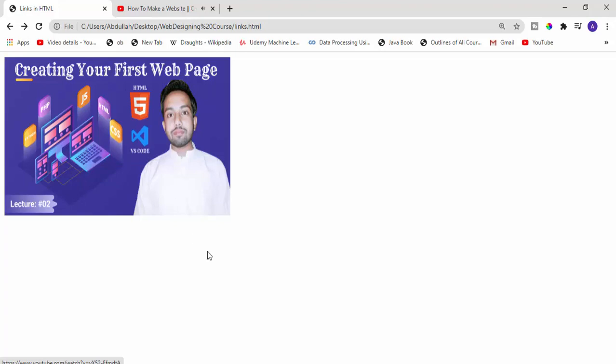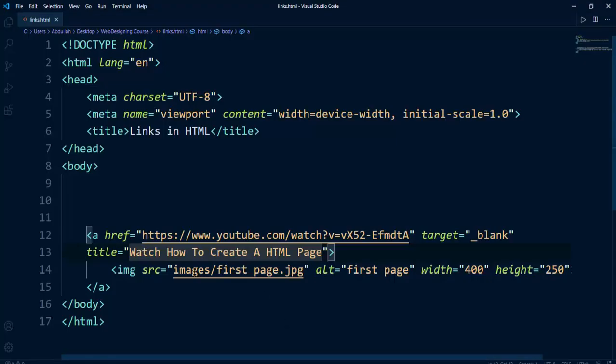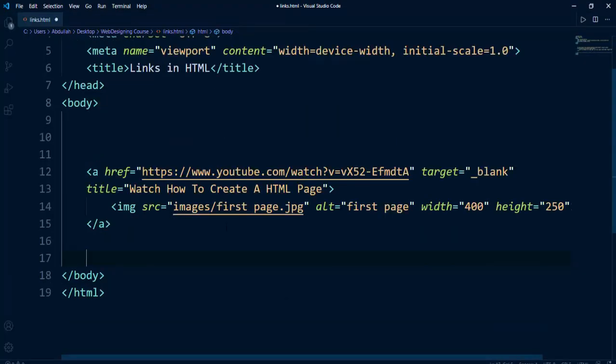So after that, I want to show you another interesting thing. So you can add a link to get a mail from someone. Now how do you add the link? So you say a hyperlink. In the hyperlink you will say mailto, and here you will specify the email address where we want to mail. So here I will say